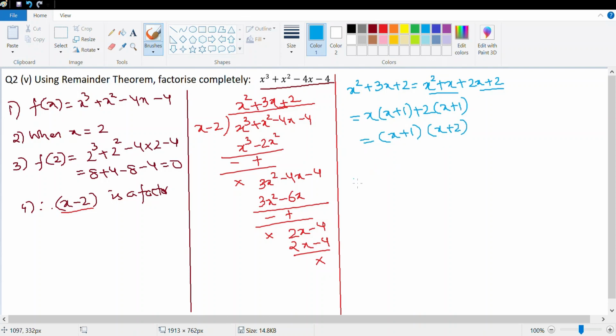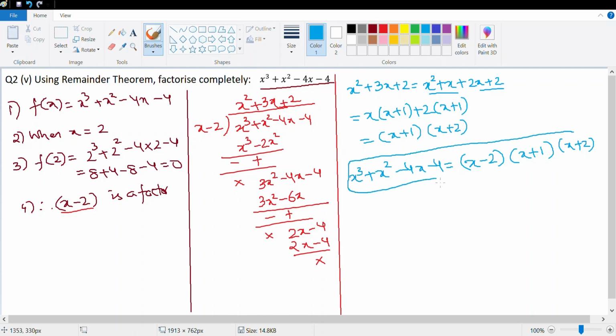So the final answer in the form of the question, which is x cubed plus x squared minus 4x minus 4, and we list all our factors together, which is x minus 2 multiplied with x plus 1 multiplied with x plus 2. I hope you notice I'm writing it in the multiplication form. I'm not writing the factors are 1, 2 and 3, right? So good, let's look at the next question. The next question that we do is question number